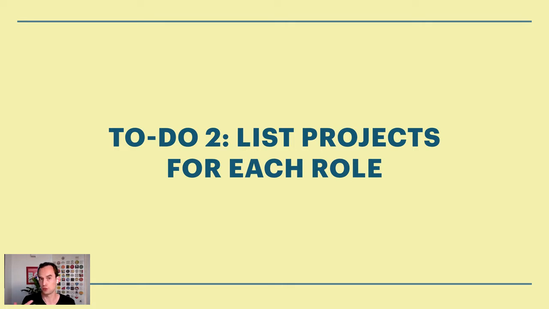So that's to-do number 2. Like I said, we're going to have 3 to-dos for you today. The first one is to do that high-level organization by role, by hat, whatever you want to call it. And to-do number 2 is start listing your projects that you've got for each role. And if you've got anything that is a task, that doesn't qualify to be a project, list those directly under the area. Or if you use OmniFocus or something similar, create a miscellaneous list to put underneath that role.